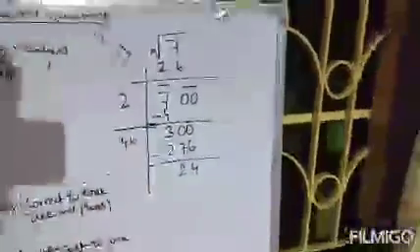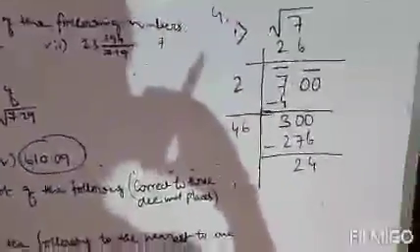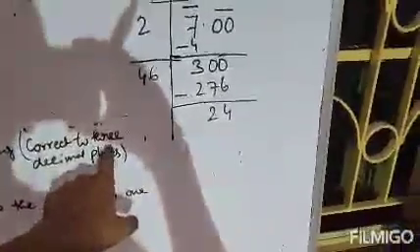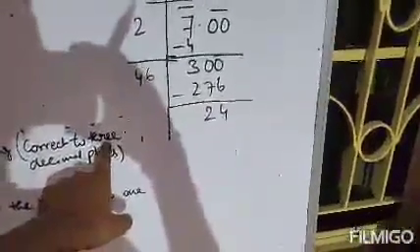So it is 24. Now we have to find out the decimal. We have to find out the square root of this number correct to 3 decimal places. Correct to 3 decimal places means